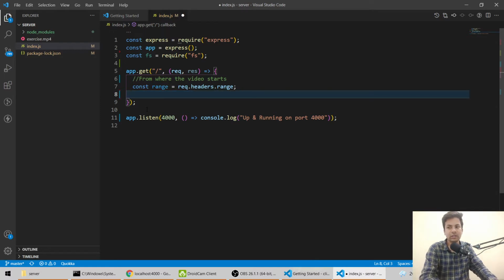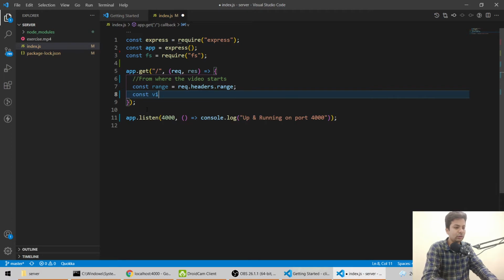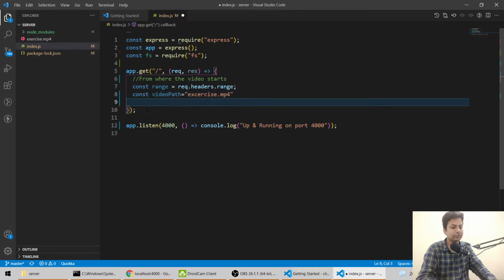Next is video path. Const videoPath, and our video path is I think this folder only. I have kept the file as exercise.mp4. Now next is video size, const videoSize. We'll obviously require the video size.